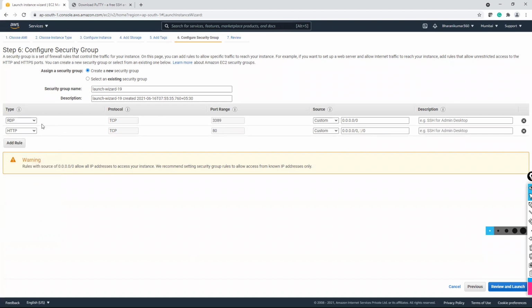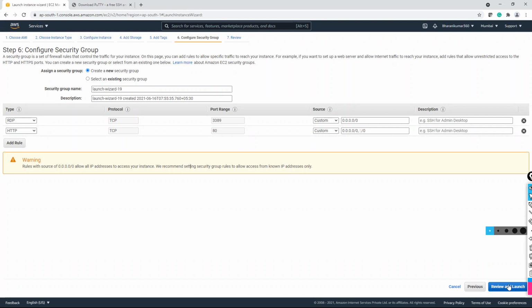What this means is, this is Windows. This is not a Linux instance. SSH is to virtually access Linux instances. RDP is to virtually access Windows instances. And RDP stands for Remote Desktop Protocol. And that protocol name itself is explanatory. To remotely access another desktop, you need this protocol, and that's why it's there. And you can add the HTTP rule. Since we are calling it a server, we are adding the HTTP rule.